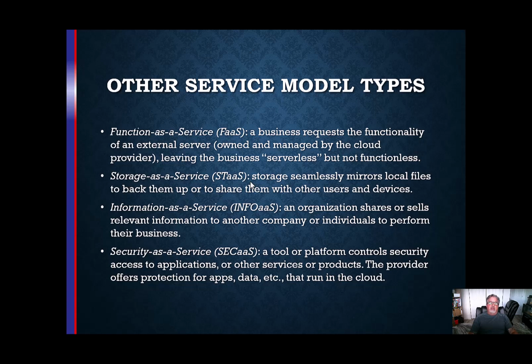All right, and then finally we have security as a service, known as SECaaS. Now, here's the thing with security as a service. The way I look at it is this, because I teach a lot of security classes: Sec Plus, CISSP, the SSCP certification, a bunch of different things. Pen Test Plus, I could go on and on, CYSA.